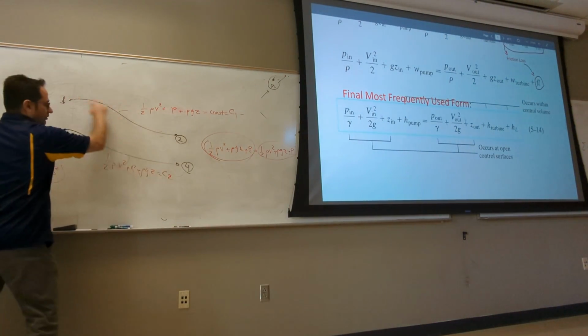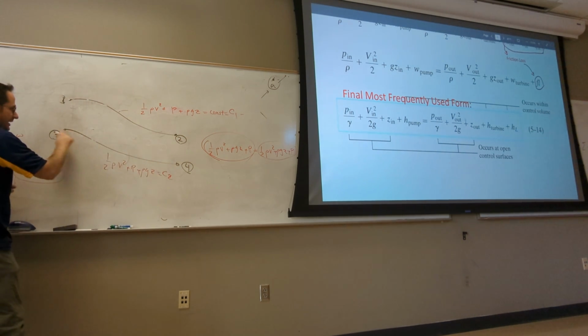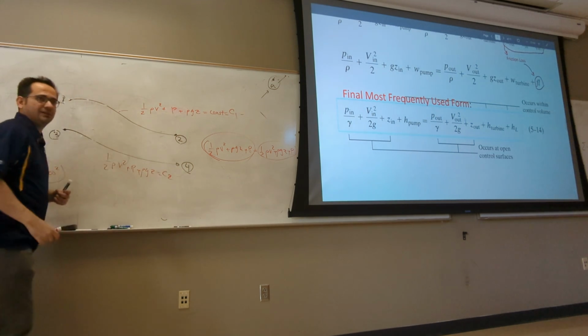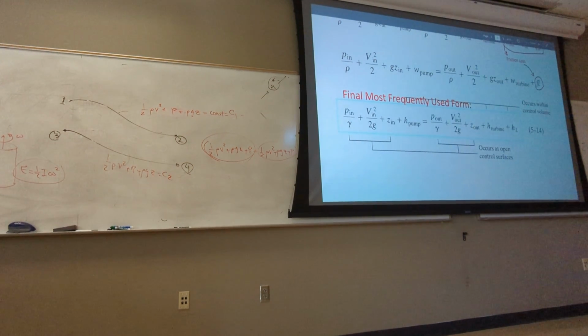So if this is equal to that, and then this is equal to that, and then this is equal to this, that means this is equal everywhere. Right? That's exactly what we have from the energy equation. This is P in, P out. In and out are arbitrary points in the field. And they're exactly the same, this sum, as long as you don't have the friction, you see H loss, and the pump. These are all the frictional effects. Now everything matches in the same consistent framework that we mentioned before.